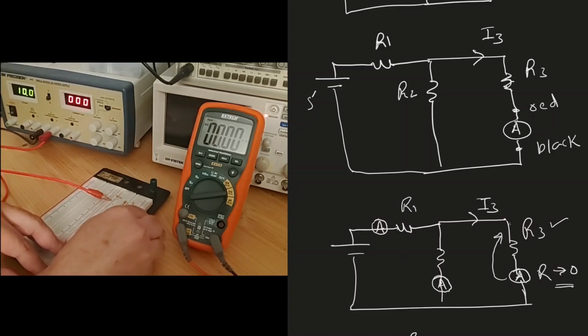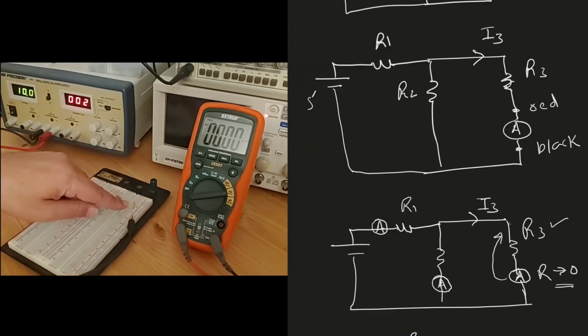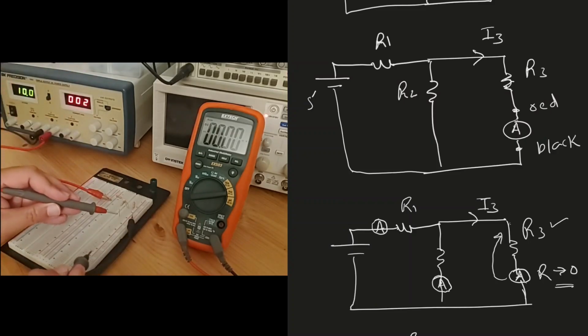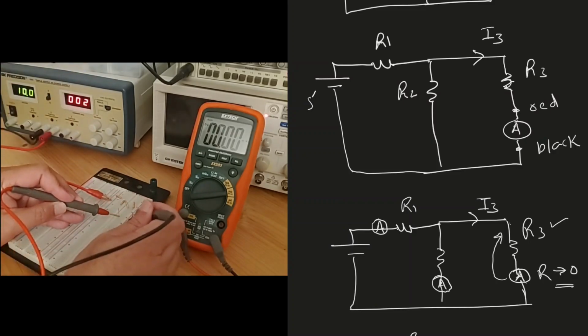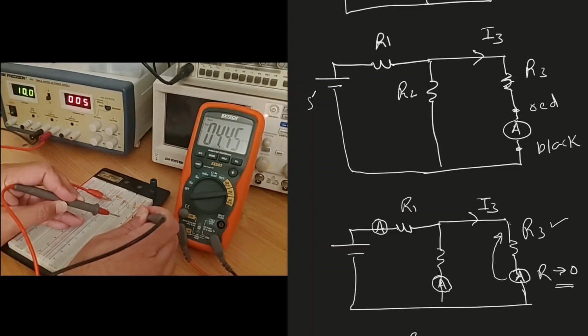So now R2 is kind of isolated. And now I will connect the meter to R2 and to the ground. So I'll connect the red over here and the black on the power supply. So now we are measuring the current through R2. And the current through R2 is 4.45 milliampere. All right, so 4.45. And earlier we measured 1.3 milliampere, so that's about 5.7 milliampere total